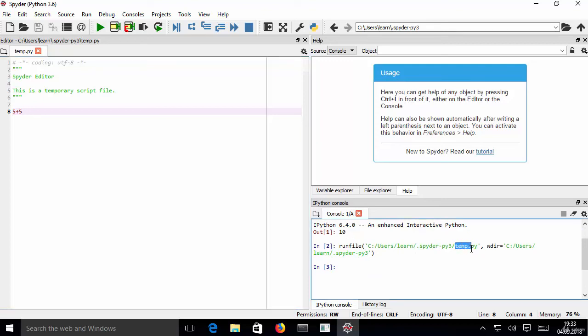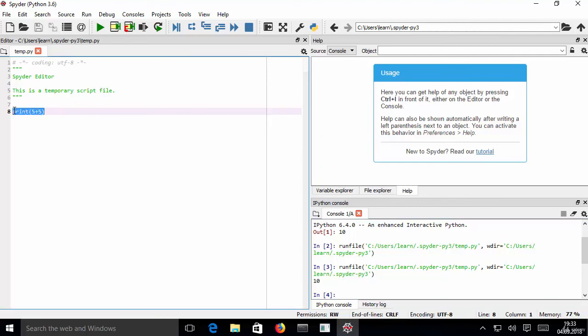So you can see I'm working in my temp.py file. So when I just print something here, so let me print 5 + 5 here once again, and let me save the code and once again click on this green button. You will see output is printed here when you run this temp.py file.